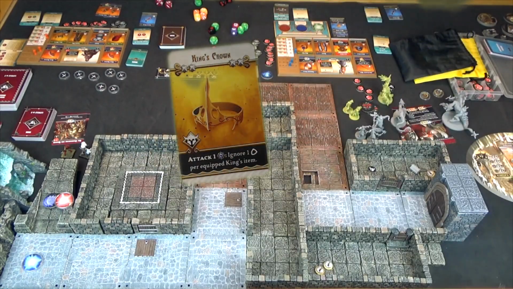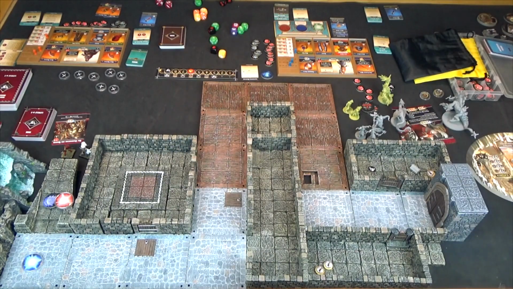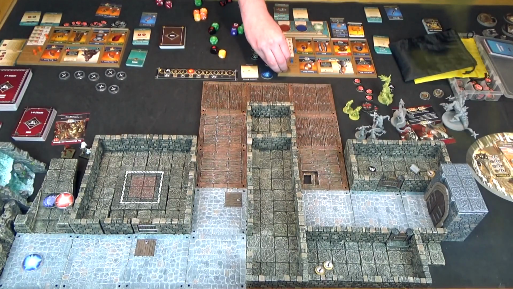Ooh, it's an epic crown or a legendary treasure. Attack. Spend 1 mana. Ignore 1 shield per equipped king item. Well, I don't think I have very many king items. So, might just trade that in. Okay, so that was 19. What else? Distribute experience amongst the heroes as they wish. 13 experience. So I got to distribute that amongst... That's all going to go to the Paladin. Paladin will gain...